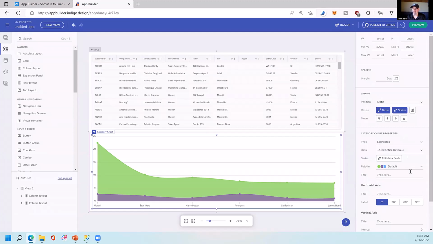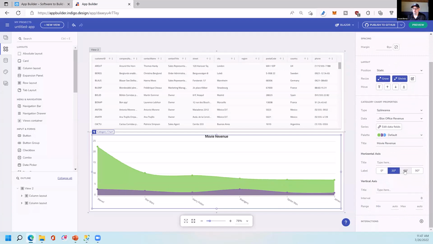I'll just leave it where it's at. And then you can do something like a title. And I think this is movie revenue, like so. And you can also do things like set a few customizations,